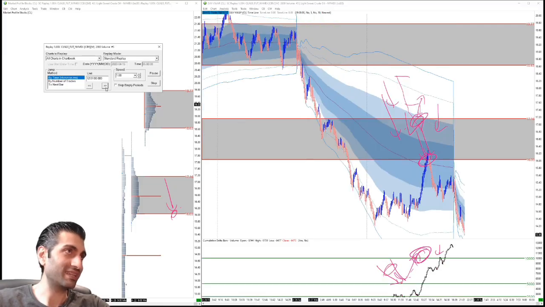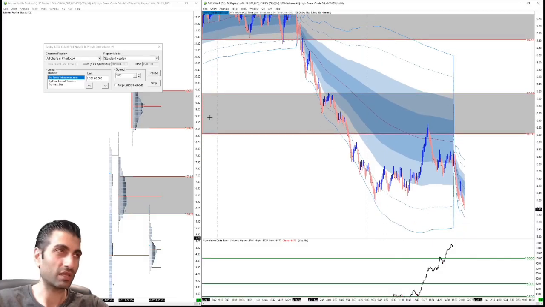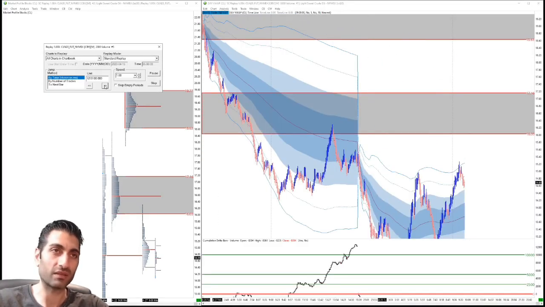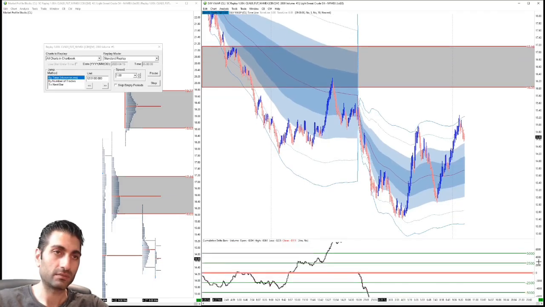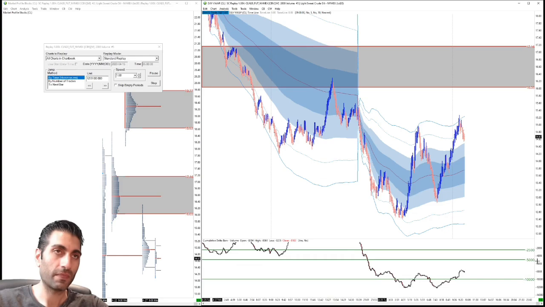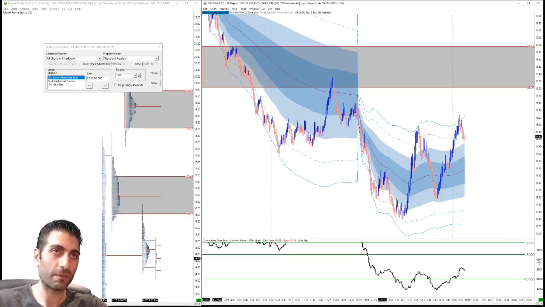So let's speed ahead anyway, because I think I've pretty much covered everything I want to, but I'm just going to keep pressing ahead in case I spot anything. Okay. Yeah, and again, it is overnight, but it doesn't matter. At the end of the day, it's not the point. The point is I'm trying to show you some order flow examples. This is basically stop outs again, and clear stopping out, and weak